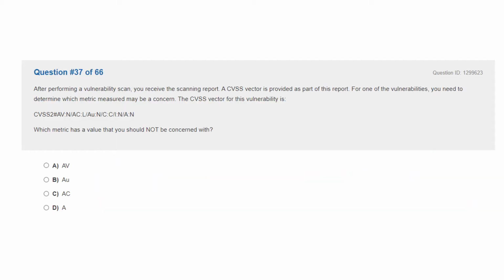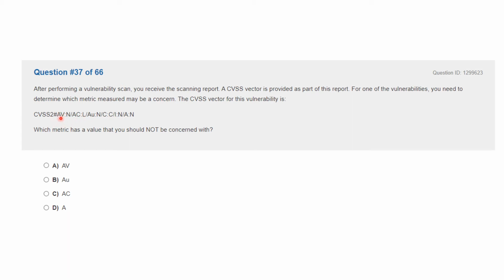Question 37. After performing a vulnerability scan, you receive the scanning report. A CVSS vector is provided as part of this report. For one of the vulnerabilities, you need to determine which metric measured may be a concern. We've gone through this kind of question before, but as a review,